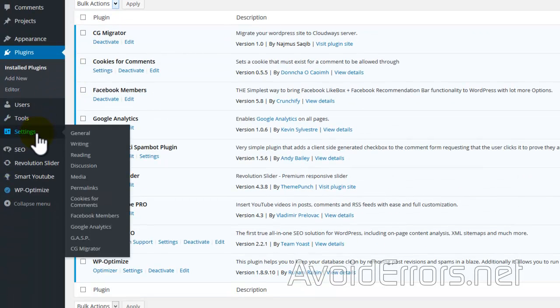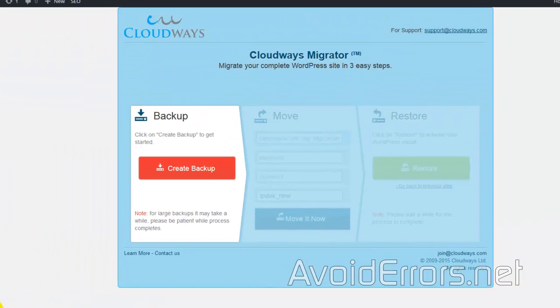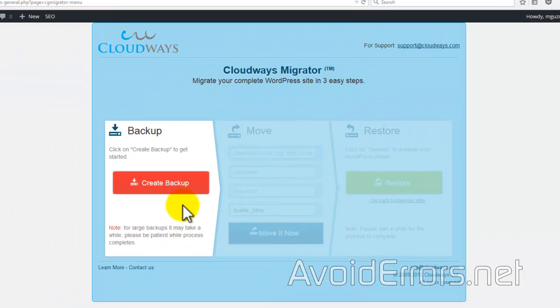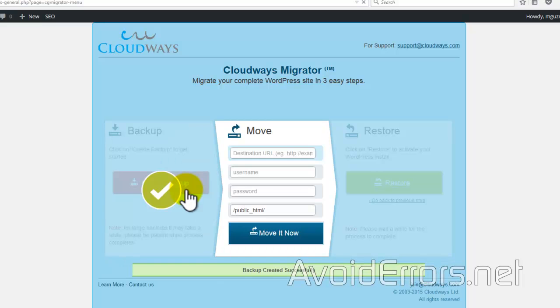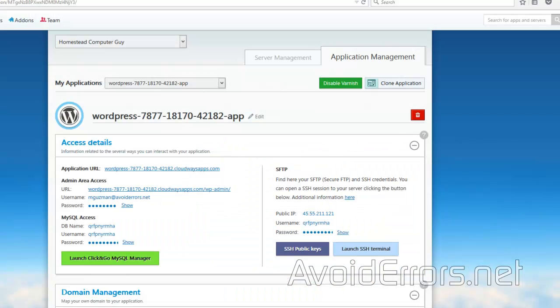Once activated, go to CG Migrator under settings, and here click on create backup. This might take a little bit, but once done you should see a green check mark. Now here enter the destination URL. This URL is on the control panel of Cloudways. So go back and copy the application URL. Now make sure that when you copy it,